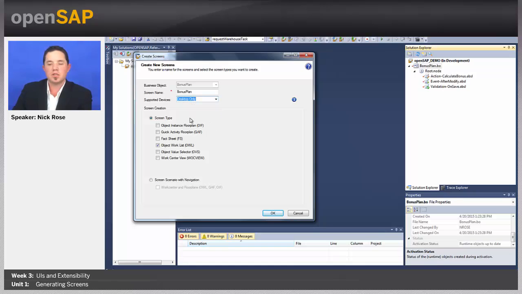You'll also see screen type. I can generate any number of screens that I want that we've just talked about. So I can say just an OIF and an OWL if I want to. I could do more. But what we're going to do is use this last one, screen scenario with navigation. And this is really nice for us because it generates all of these screens for us and actually builds the